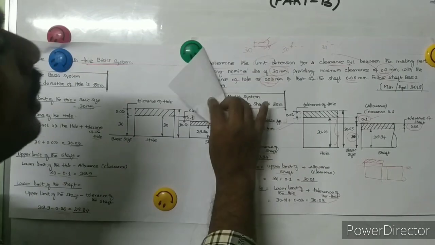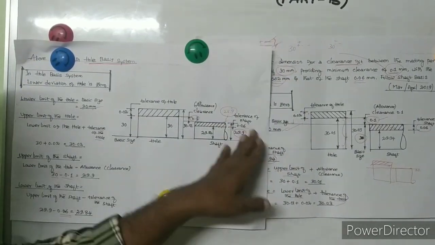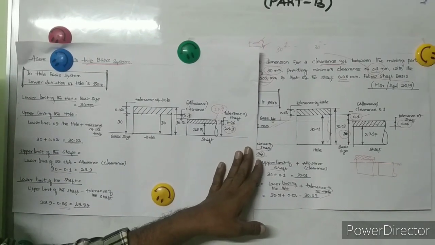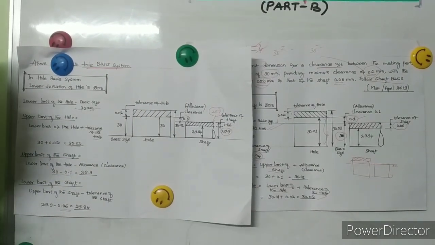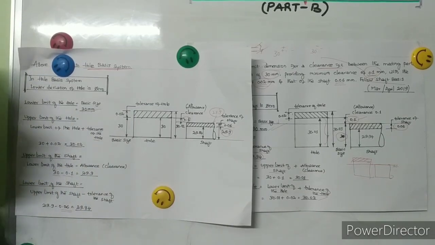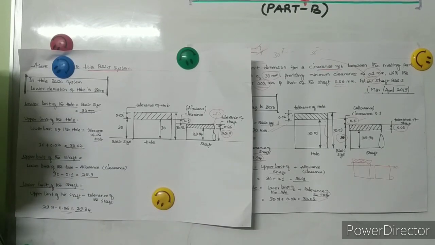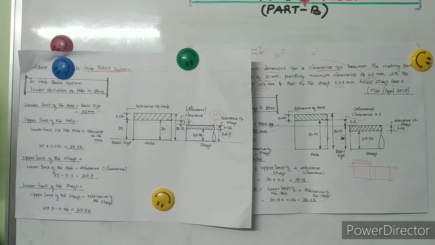This is what they ask for as the limit dimensions. I hope you people understood properly. So let us move on. The last topic in our part, that is the 20 marks question, is specification material. Just briefly, we'll go into detail later.